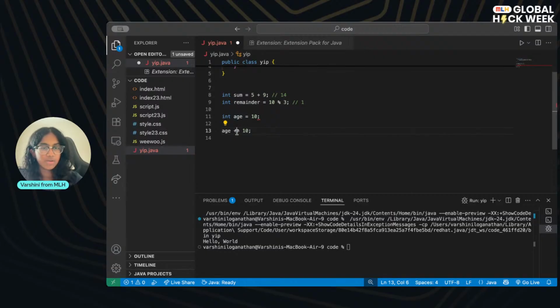So if you do plus equals, that's going to be adding 10 to this. You can do the same thing with minus equals. It's subtracting 10 from the current variable. Same thing with the multiplication symbol and equals, you're multiplying it by 10, and then dividing it by 10. So you can do those operators as opposed to doing age and then age plus 10. That's just a quicker and easier way to do that.